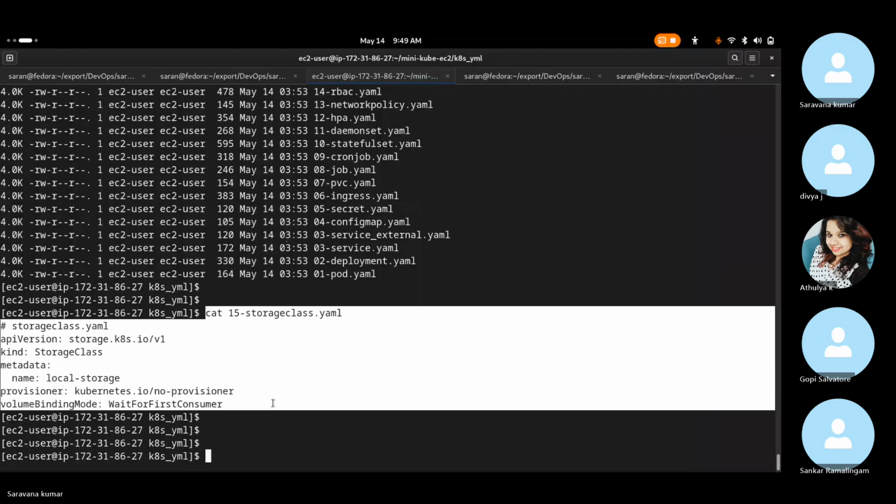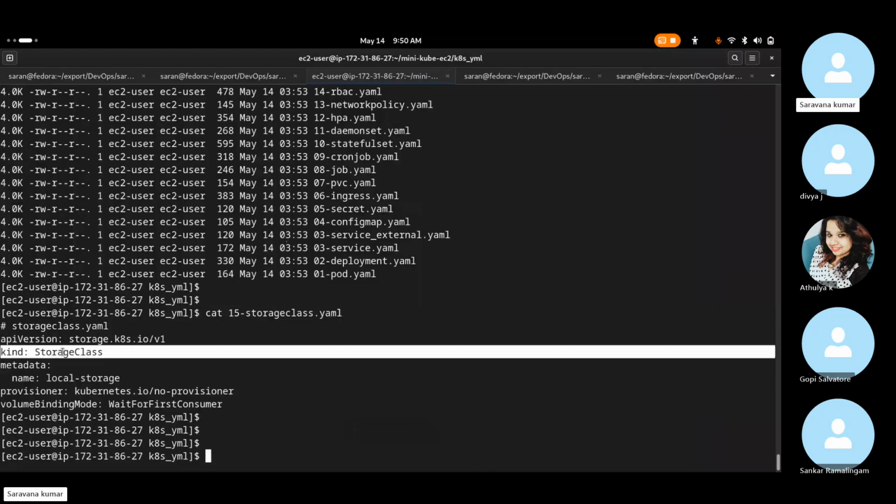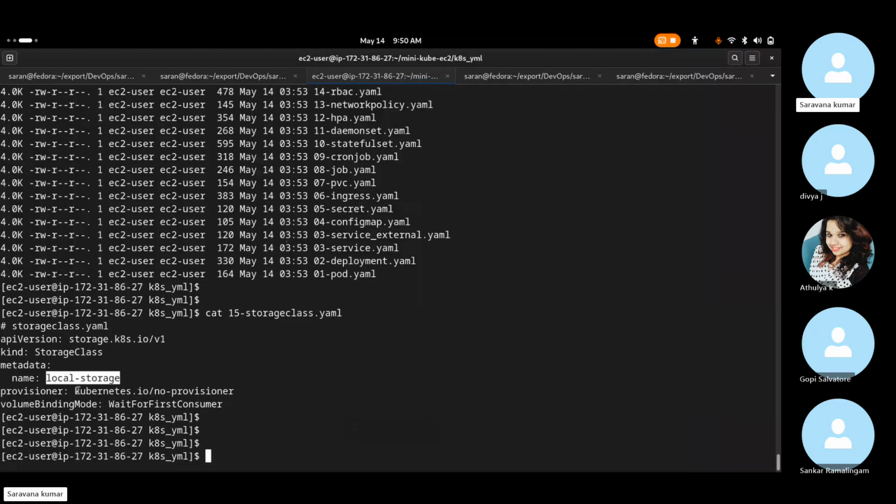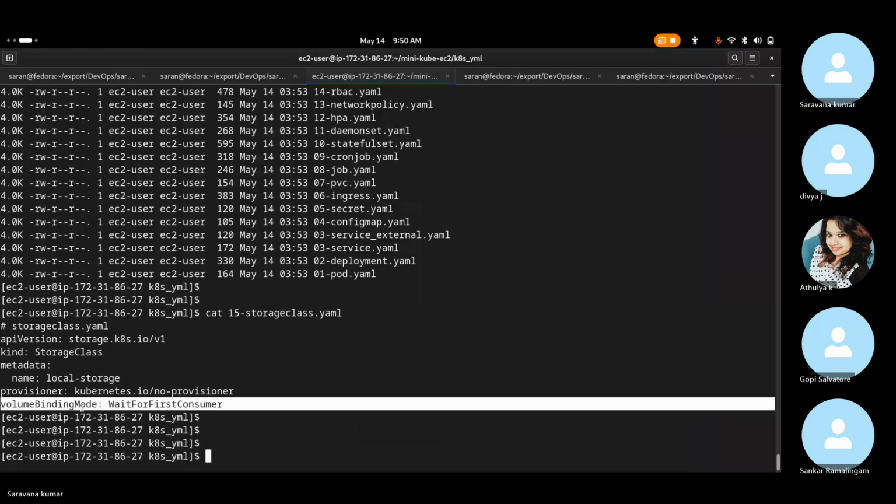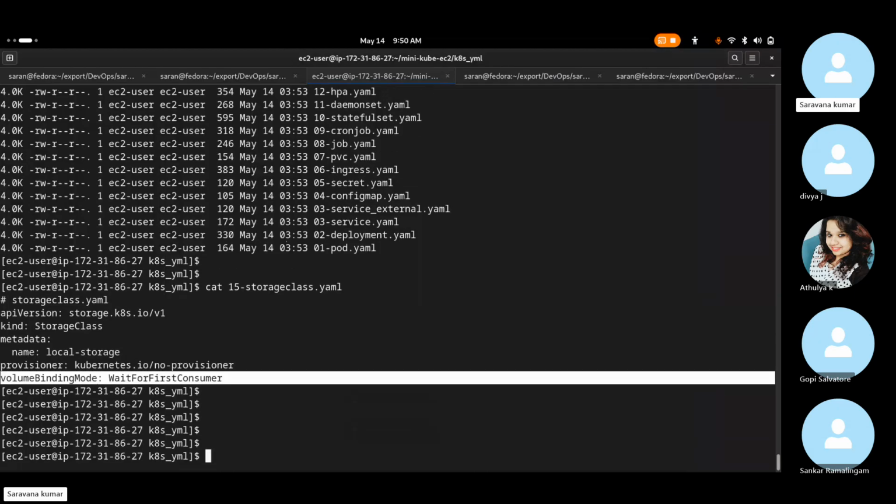Let's go through this. Okay, so this is a storage class. The kind is StorageClass. It has been given the name local storage. There is no provisioner as such, because this is local storage. The volume binding mode means you wait until the pod goes and accesses the storage before actually creating the storage. So we just create the